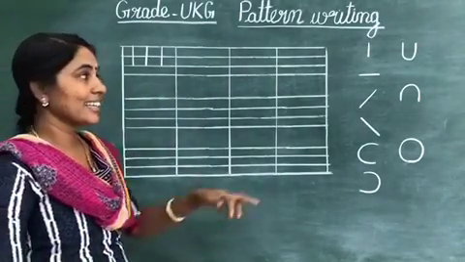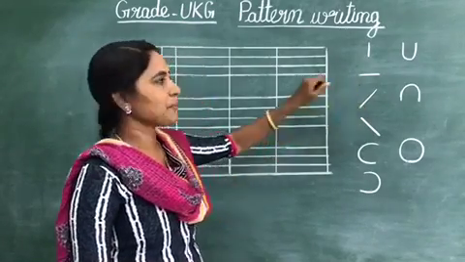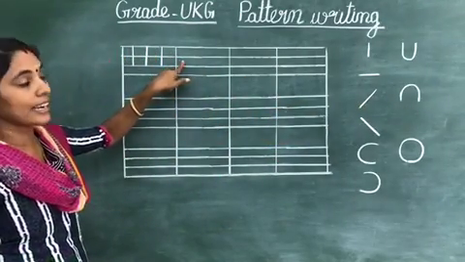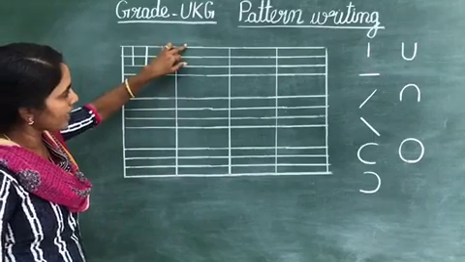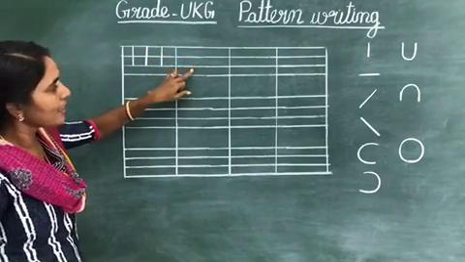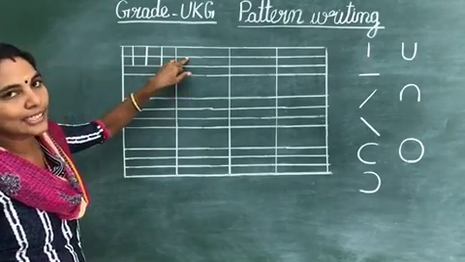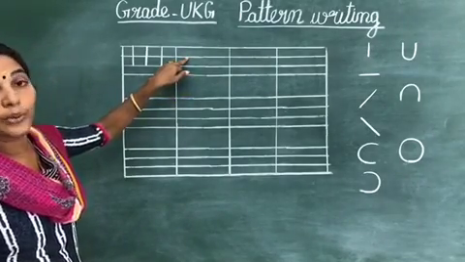Next which one? Yes, standing line. Next which one, children? Sleeping line. Yes, we can draw sleeping line in the second. First one red line, second one blue line, third one blue line, fourth one red line. We can draw sleeping line in the first blue line. Okay, which pattern, children?